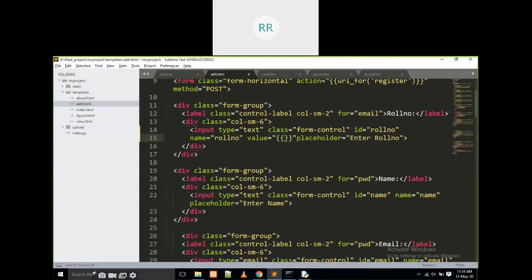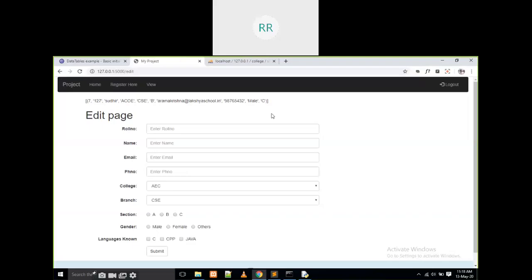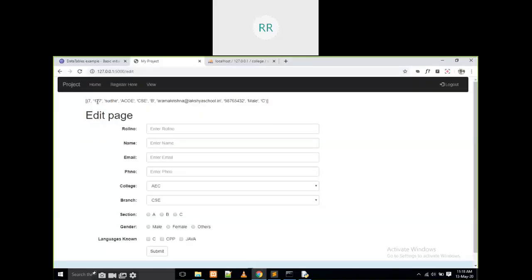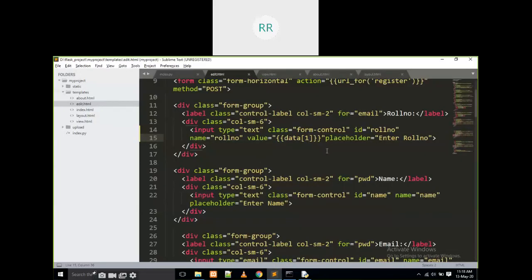I am going to write the roll number, data of 0 and 1, that means it is going to be data of 1. If you observe here, if I refresh it, it is not coming here.